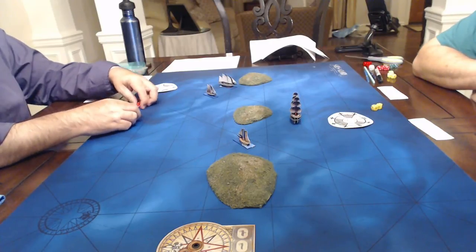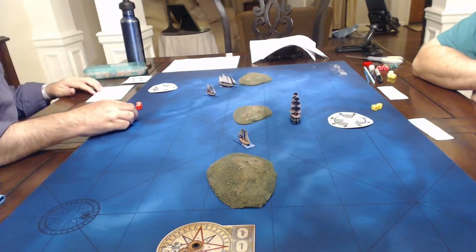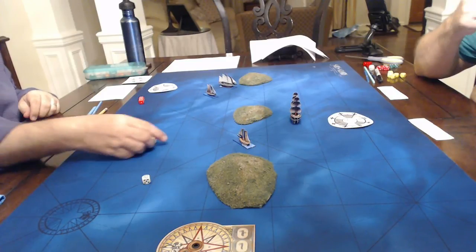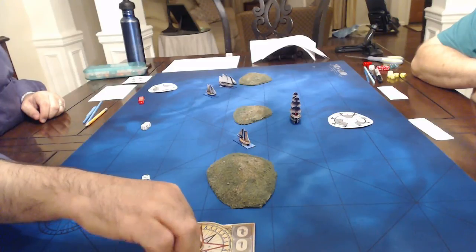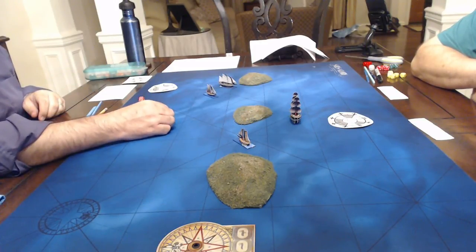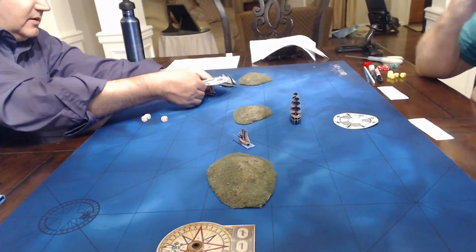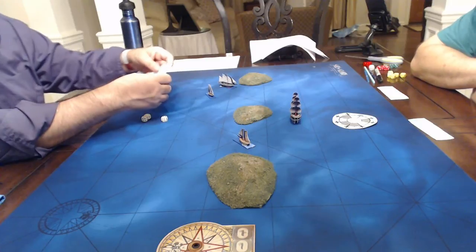Okay. All right. So let me try with the Courageous here. Double 2, so the wind veers back this much. And I do have a single action here. All right, so I am going to turn 1 point in this direction. And this point,